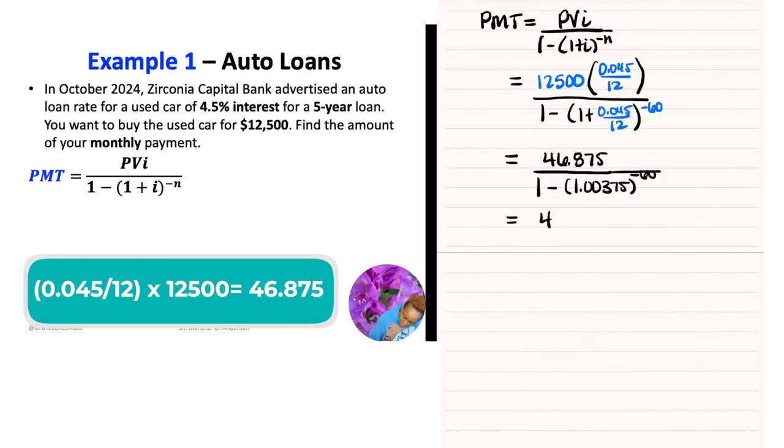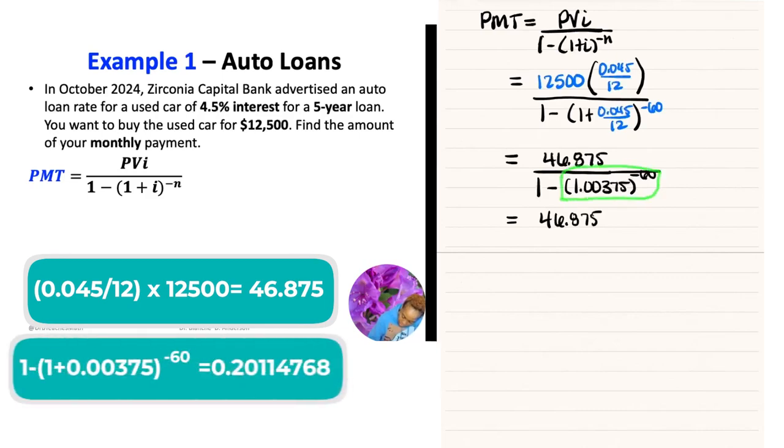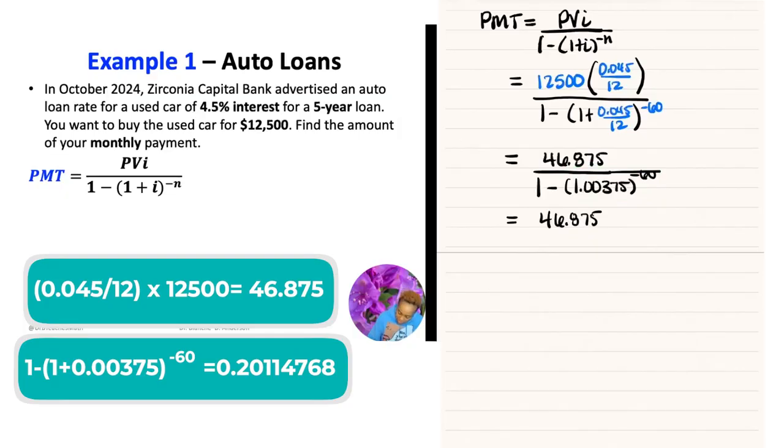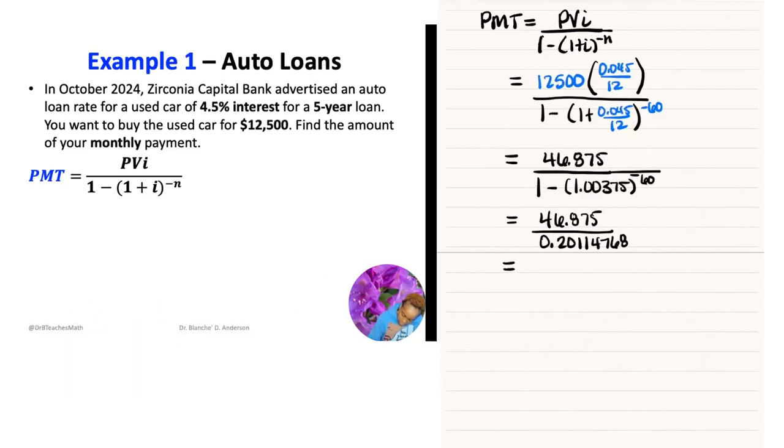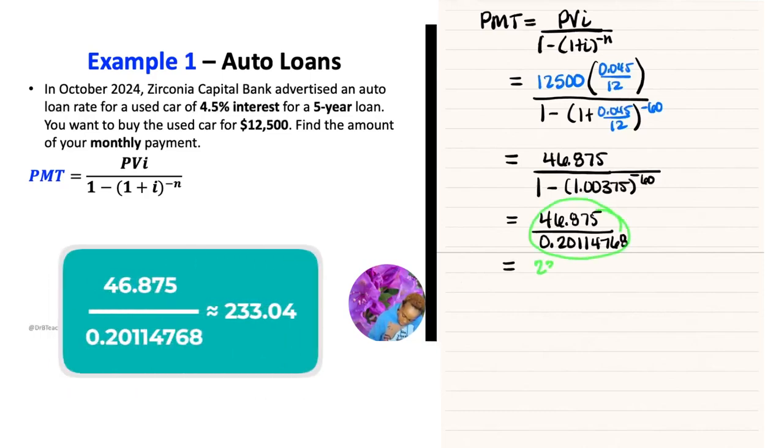Now in your calculator, do this first: 1.00375 to the negative 60, and make sure that I wrote that right, to the negative 60. There we go. And then take 1 from that. So you're going to do this first, and then you're going to subtract 1. When you do that, you should get 0.20114768. And then when you divide this, go ahead and do the division, you should get